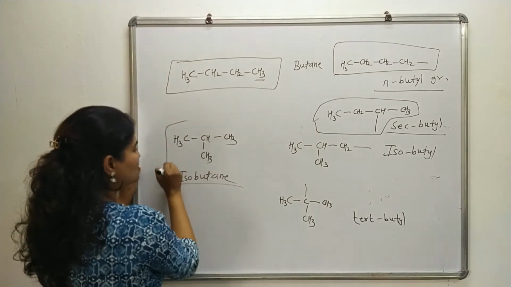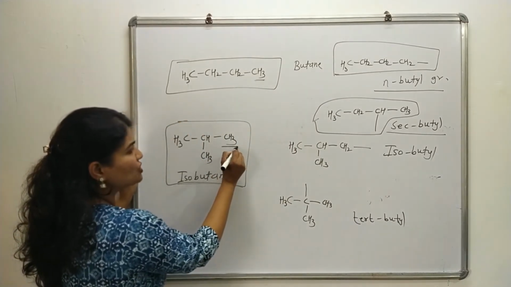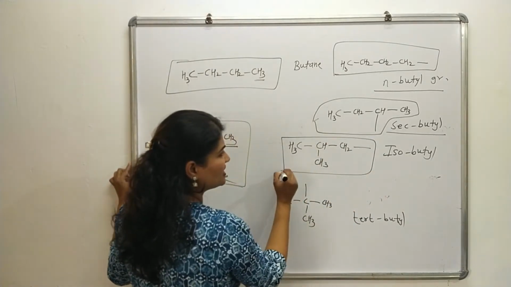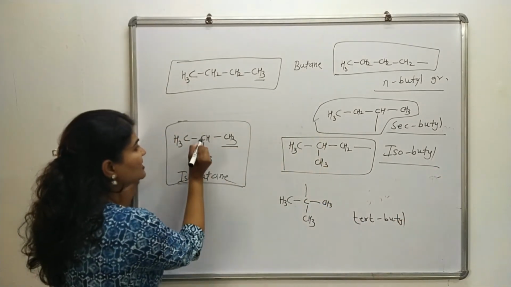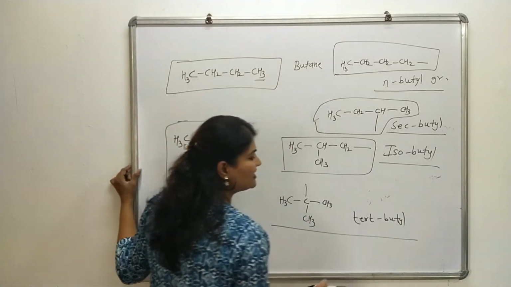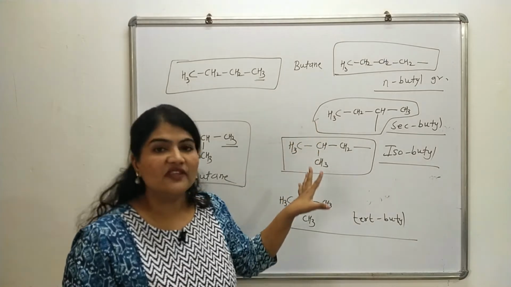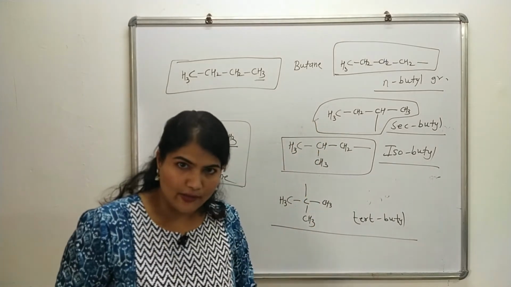Then we have isobutane here. And from isobutane, if you remove hydrogen from the terminal carbon, you will get the isobutyl group, right? This is referred to as isobutyl. And if you remove a non-terminal hydrogen from isobutane, then you will get a tertiary butyl group. So these are some of the alkyl groups whose common names are actually accepted under IUPAC nomenclature.